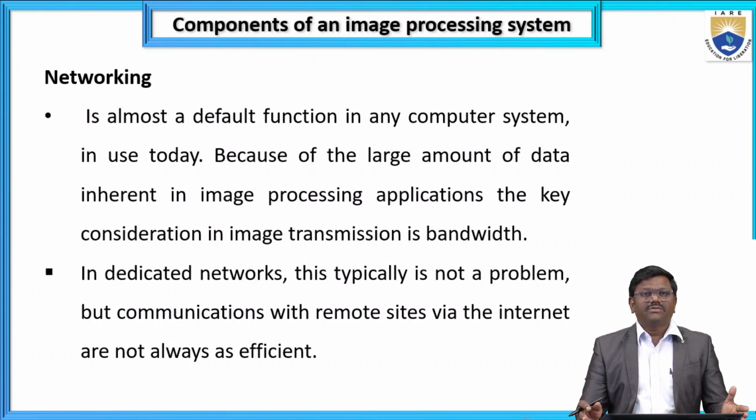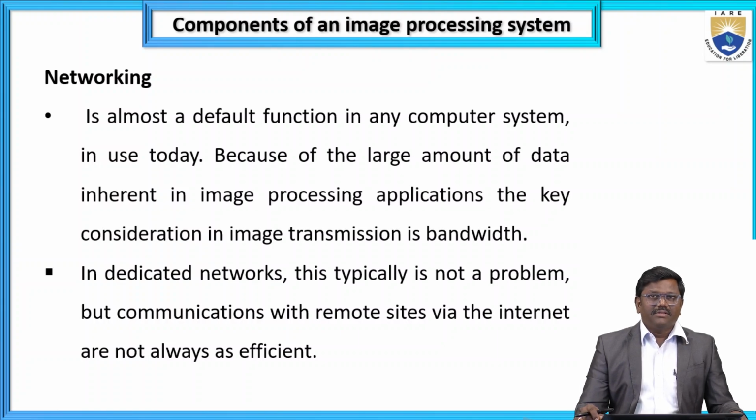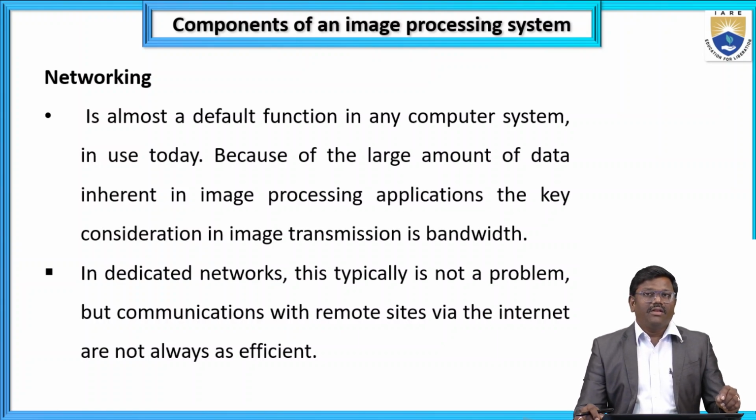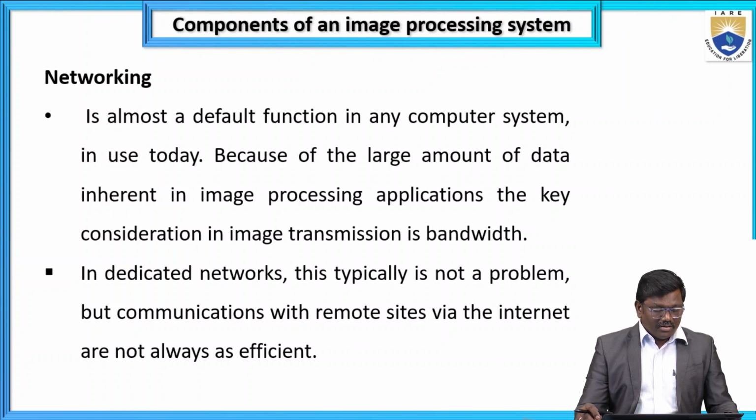It is almost a default function in any computer system used today, because of the large amount of data inherent in image processing applications. The key consideration in image transmission is bandwidth. In dedicated networks, this typically is not a problem, but communications with remote sites via the internet are not